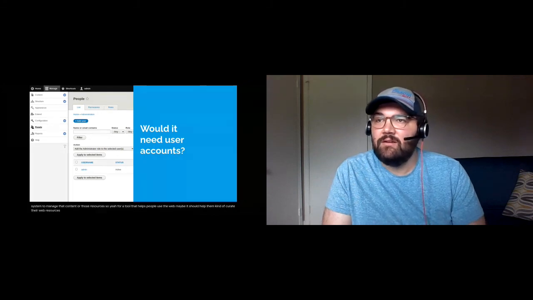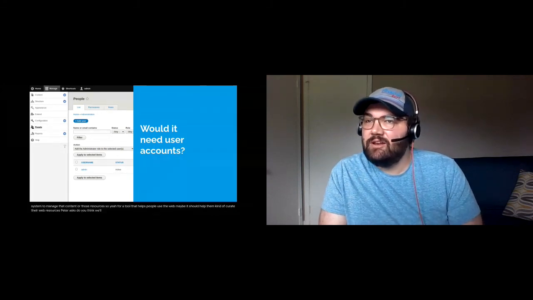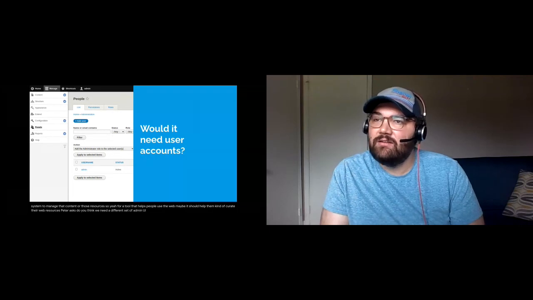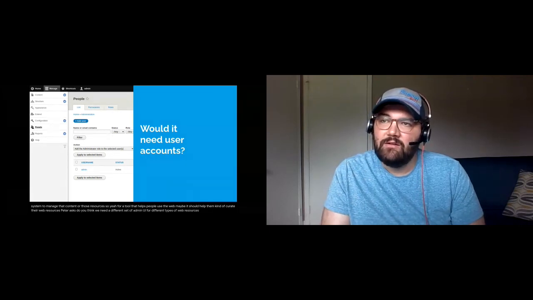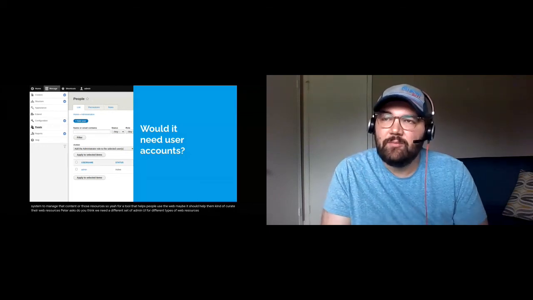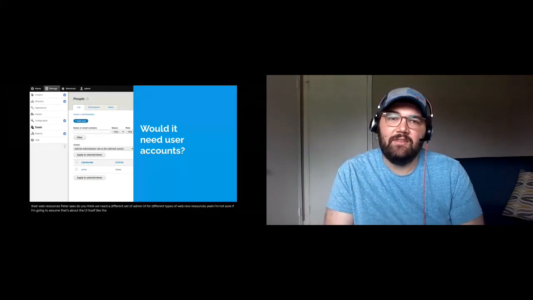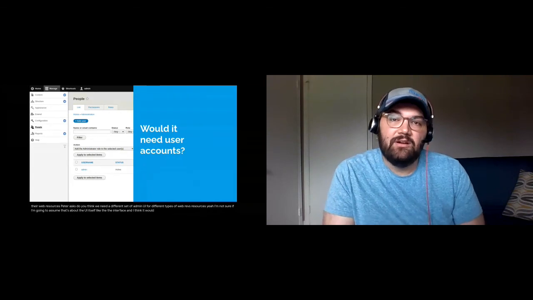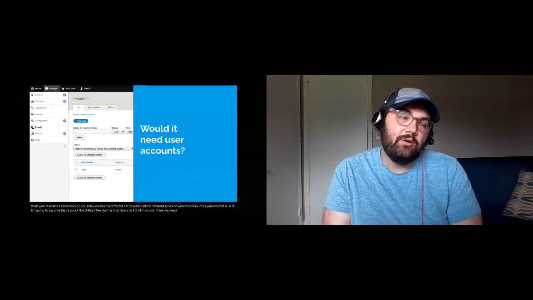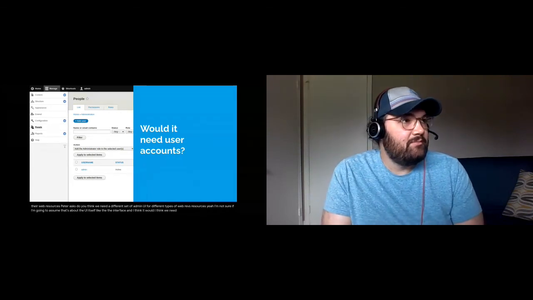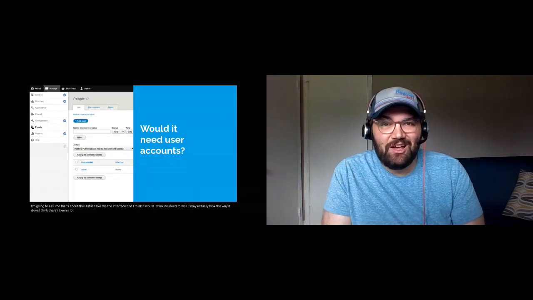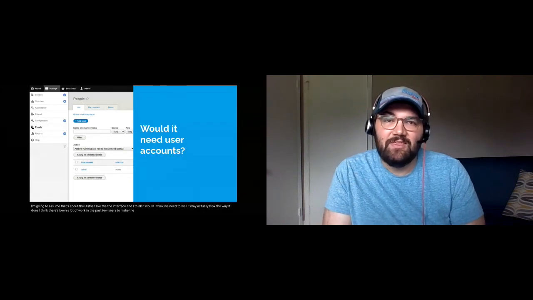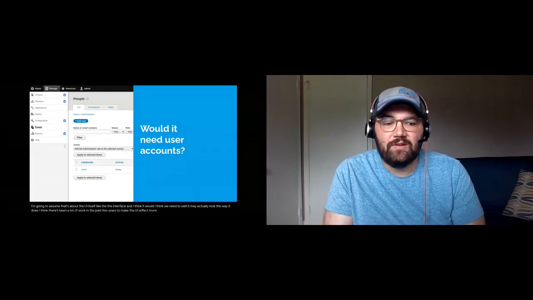Peter asks, do you think we need a different set of admin UI for different types of web resources? I'm going to assume that's about the UI itself, the interface. I think there's been a lot of work in the past few years to make the UI reflect more of the presentation.